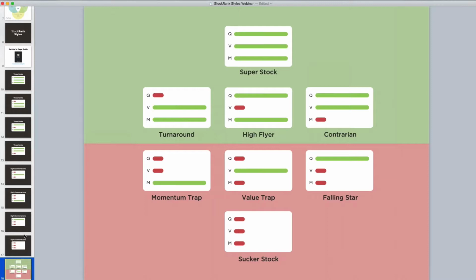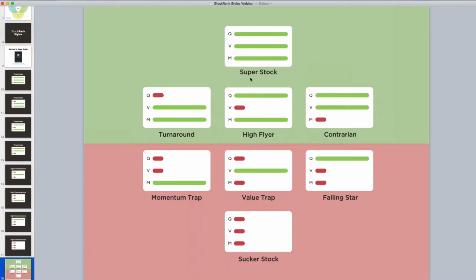Now, these create archetypes of stock, which I'm going to go into in a lot more detail. Above this central line in the green zone, you can see what we classify as the 4 winning styles of shares. Below the line in the red zone are the 4 losing styles of shares. I'll be explaining how these losing styles are tremendously attractive to investors, but tend on average not to pay off. Funnily enough, the winning styles have a tendency to be less attractive to investors, but do tend to outperform. As you can see, the winning styles tend to have either 2 or 3 of these factors quite positive,